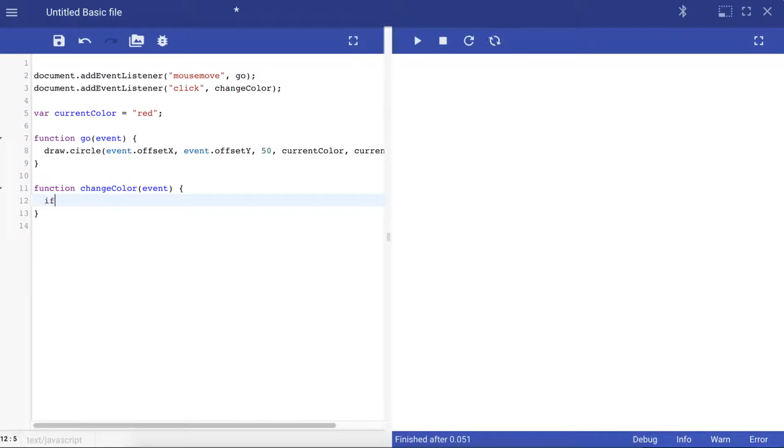okay, if, open brackets. Inside the brackets goes an expression or a condition that I want to check. And if this condition is true, it will run the code that I have after my if statement. So I want to say if the current color is red,